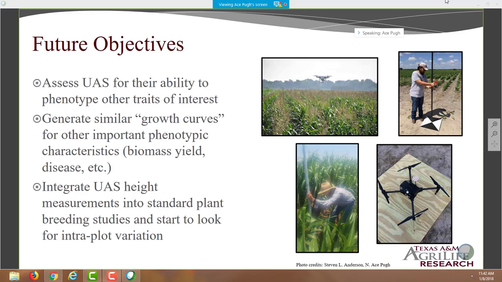But I would expect it to work pretty well in that material also, just like in the early generation, because the height of various forage lines can be pretty variable compared to the advanced sorghum tests, where the height wasn't very variable at all. So I would expect the results to look sort of similar to the early generation. And that's just me, kind of an educated guess. So I would expect UAVs to work well, is what I would say to sum that up.